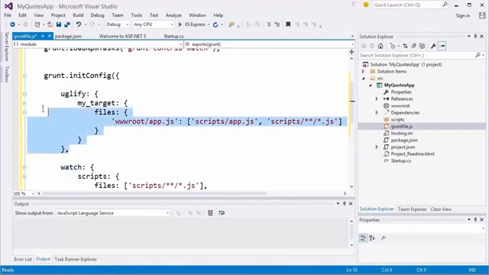For the Uglify plugin, what we're saying here is we want Grunt to help us take all of the JavaScript files in our scripts folder, and specifically we're talking about app.js, which we have not yet created, and any other JavaScript files in the scripts folder or any subfolders. And we want those to be minified into another file here, app.js, that's going to be in our www root